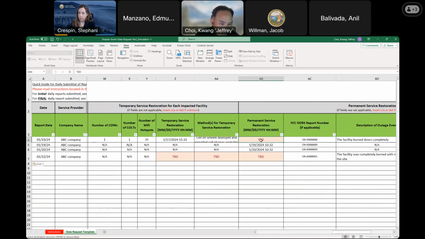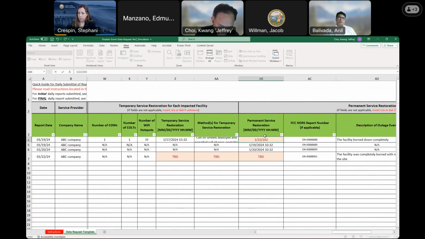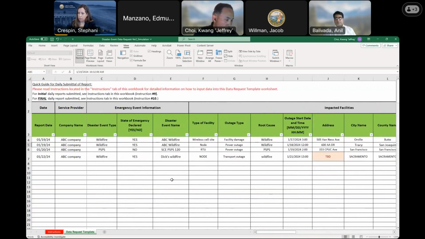So maybe you got the permanent service restoration. On the 4th day, you can put 1/22, 2/4, like this. And then send it to us.